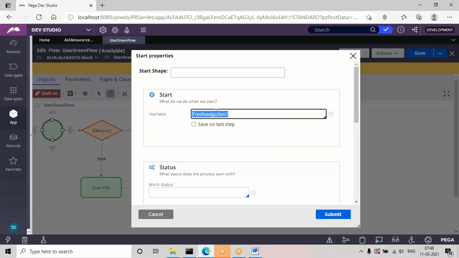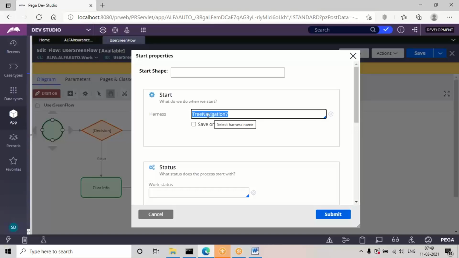You can choose the tree navigation 7.1 template. Like that, if they want to create their own templates, for all the pages it will apply the same template. In that particular screen flow, however many pages are used, for all the pages it will apply the same template. One thing that is not possible in a screen flow is applying a different template for each page. For all the screen flow pages the template will be common. The same template we can apply for all the pages in one screen flow, but I cannot apply one template for one page and a different template for a second page.